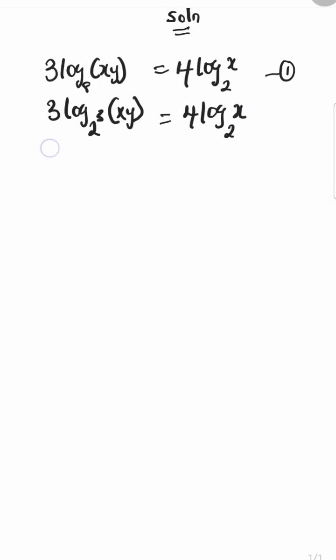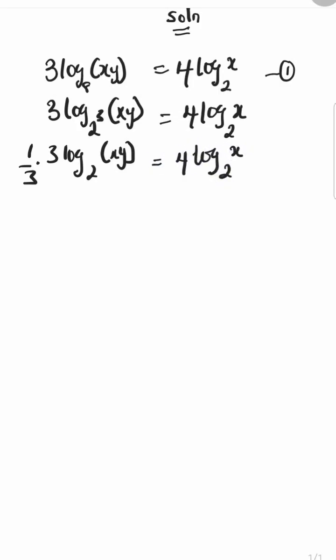So we can write this as 3 times 1 over 3 log base 2 of xy equals 4 log base 2 of x. So this cancels this, and then we can write this now as log base 2 of xy equals